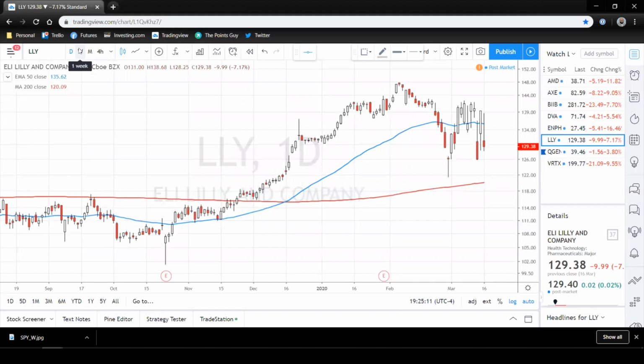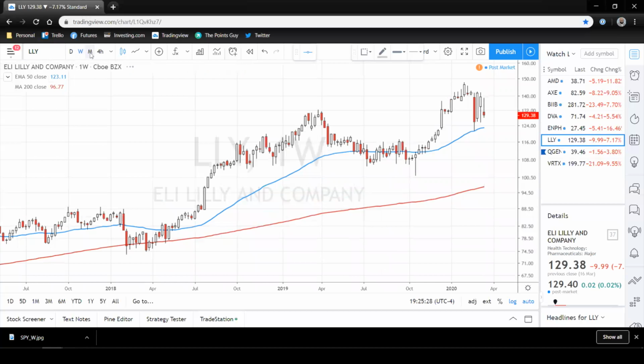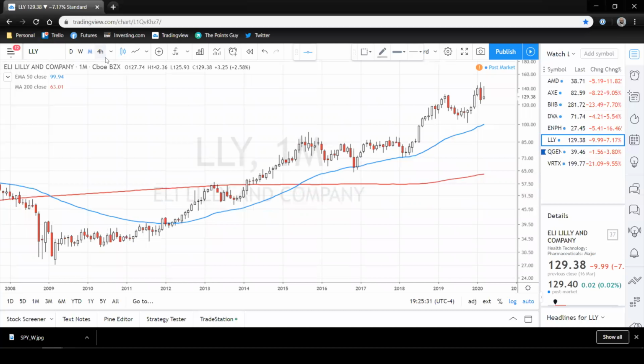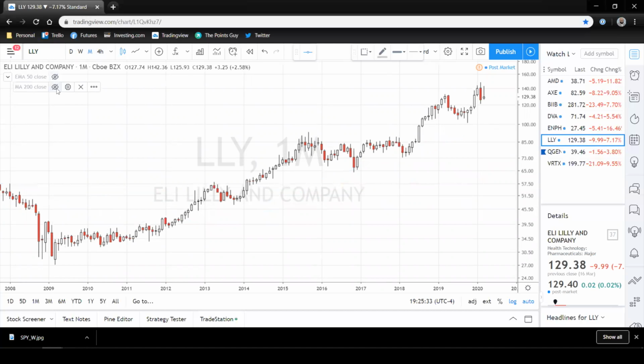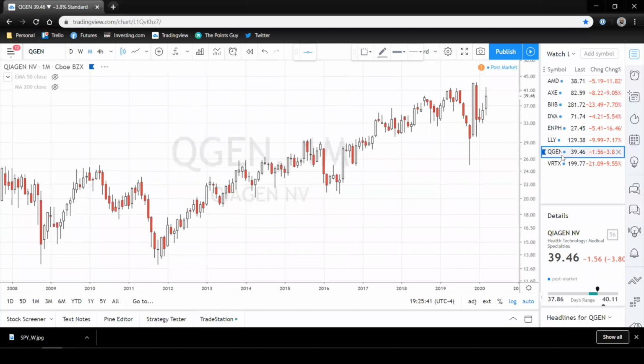You can probably tell that I have zero interest in fundamentals. In fact, I can't even pronounce most of these company names just because I don't look at what these companies do. I'm more interested in their price, how it's behaving, how on the weekly as well as the monthly, how it's been holding up. So we will certainly watch GLD and QGEN. And then let's see if we can place a trade this week. Until then,